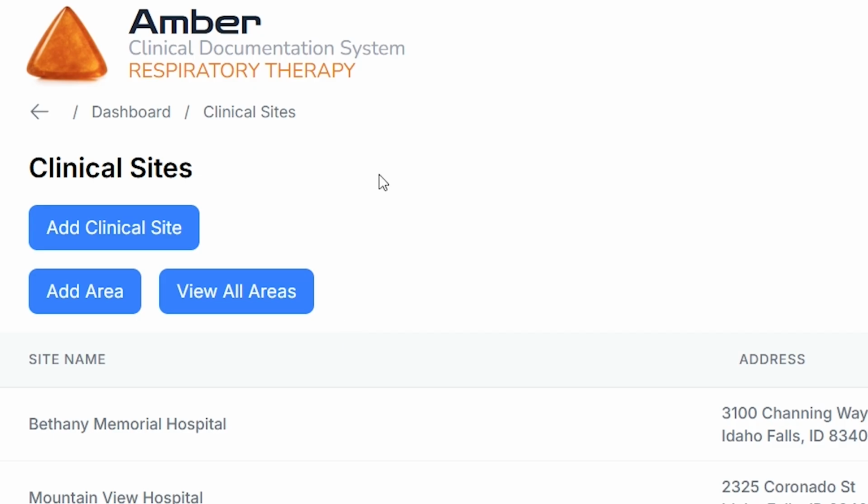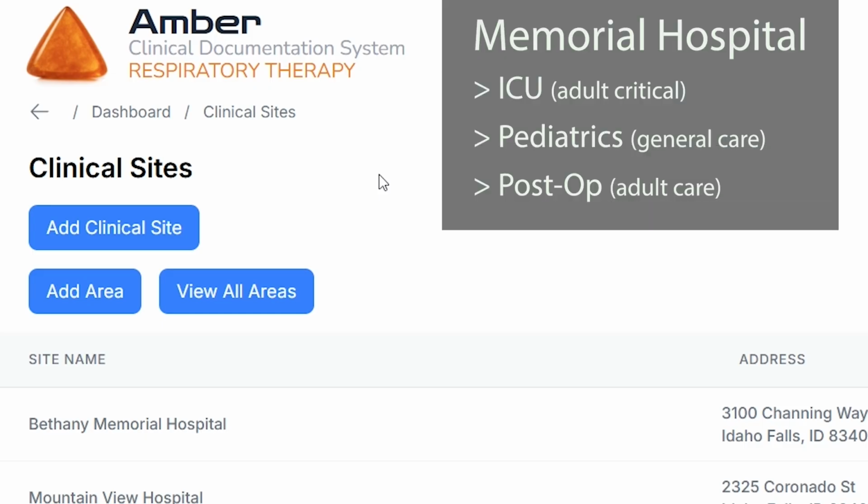An area is a specific care area and type of care within the clinical site. For example, you may be adding Memorial Hospital as your clinical site. But within Memorial Hospital, you may add areas such as ICU or pediatric general care or post-op. We'll cover adding areas in another video segment, but be aware that adding areas to your clinical site and specifying